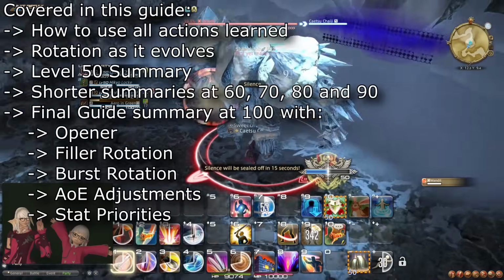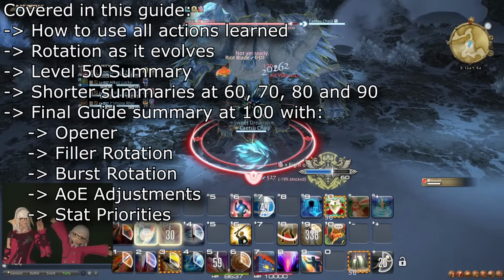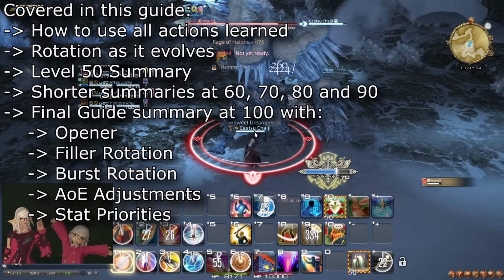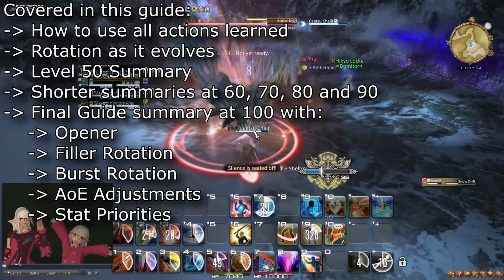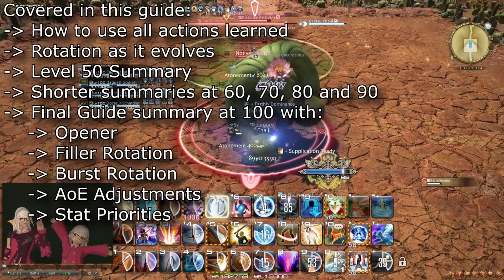This guide covers all the actions Dawntrail's Gladiator and Paladin learned from level 1 to 100, in order. We go over how each action is meant to be used and recommend ways to use it when relevant. We will not be covering how tanking works in too much detail, as I have a separate video that goes more in depth on this particular subject, that I highly recommend you also take a look at if you're new